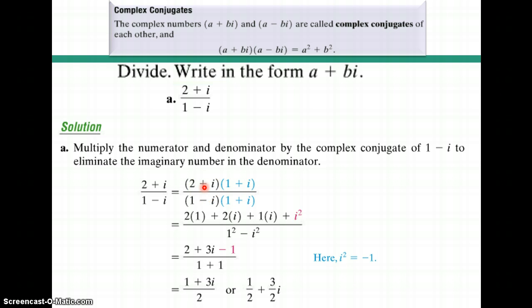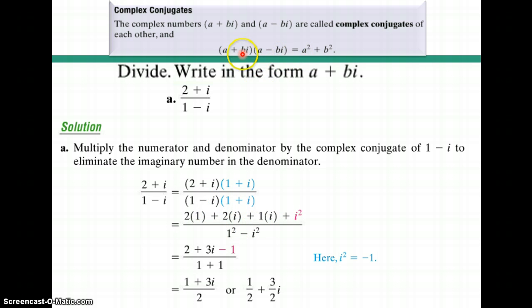So multiply both the numerator and the denominator by 1 plus i, because 1 plus i is the complex conjugate of 1 minus i. So by using the FOIL method, we have 2 times 1 plus 2 times i, times 1, plus i times i squared, over